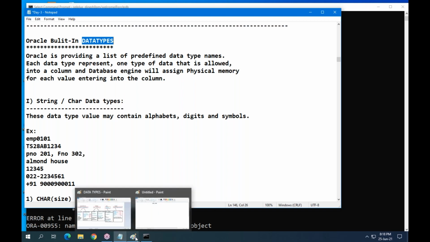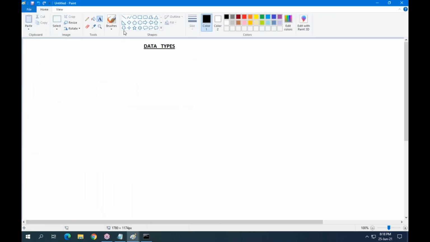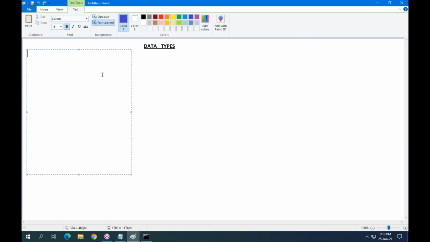Now I want to explain here. Suppose you are creating a table. Let me write a table here. Create table EMP. Employee ID number 4. Employee name varchar2 10.